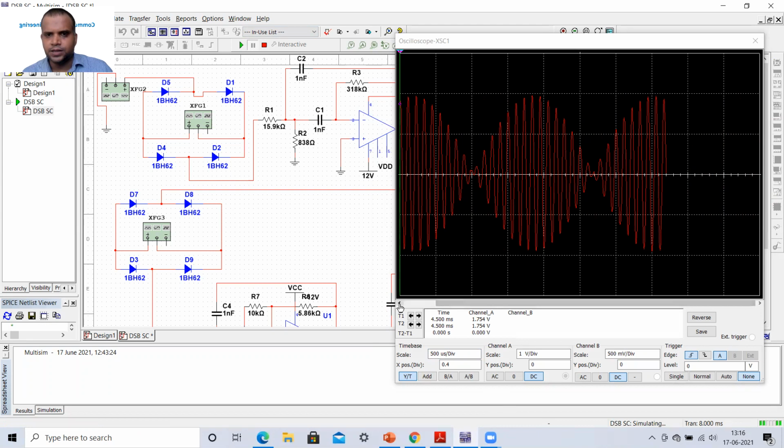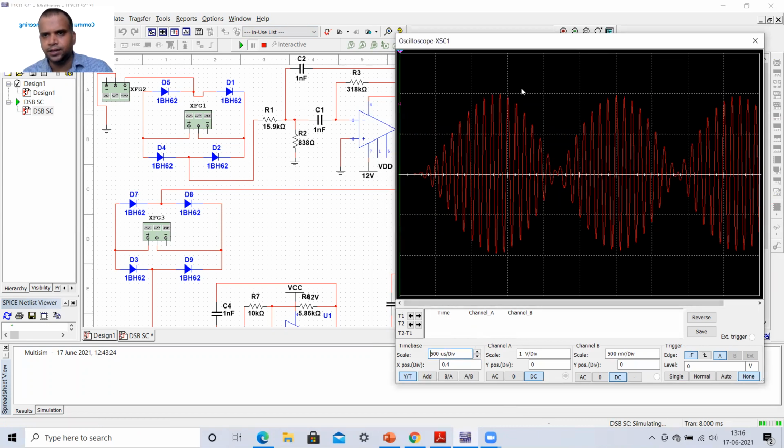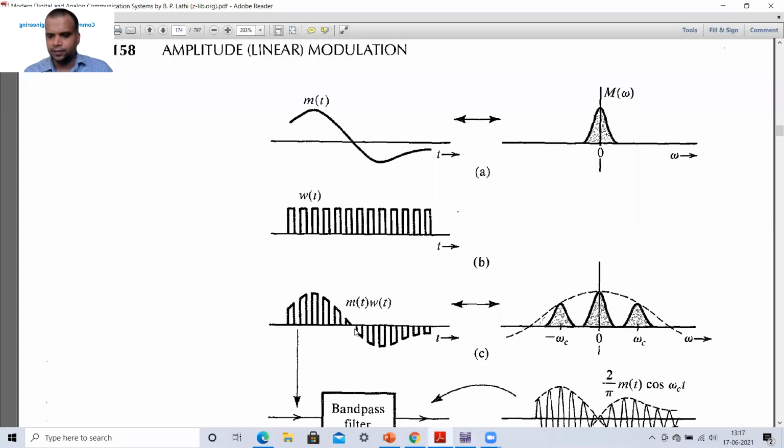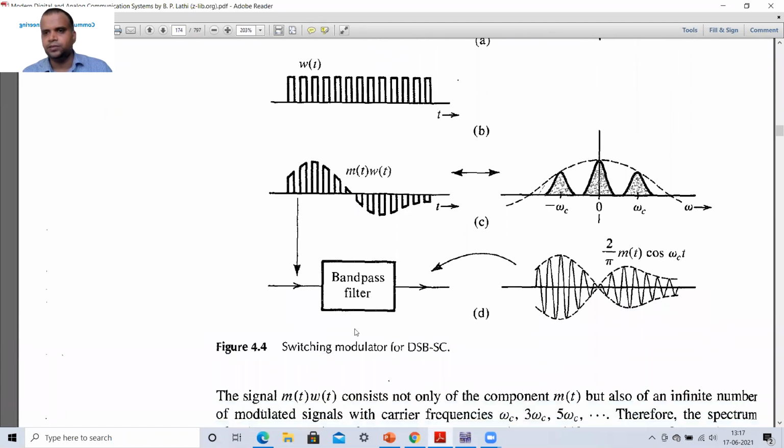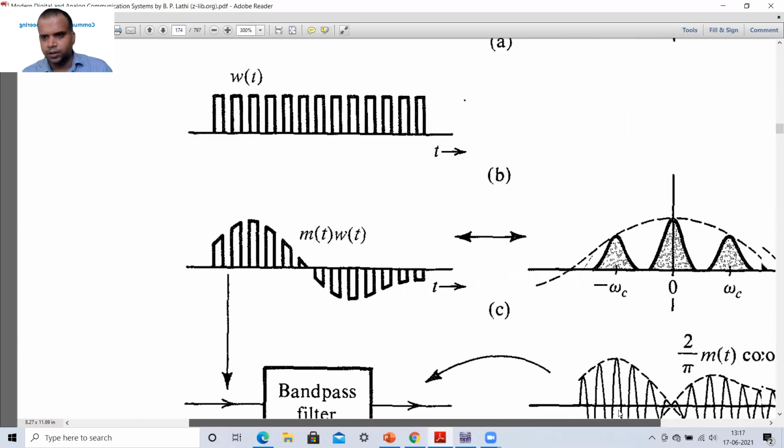So basically in the DSBSC output, we know that this is our message signal, and accordingly the amplitude of the carrier will be decided. So this is our message signal envelope, and this is our carrier whose amplitude is varying as per our message signal. And whenever the message signal is changing its phase, here you can see there is a 180-degree phase shift of the carrier that can also be observed. So here you can see in the books, you will find that there is a phase reversal of the carrier. So here you can observe this clearly. I hope this must be clear.